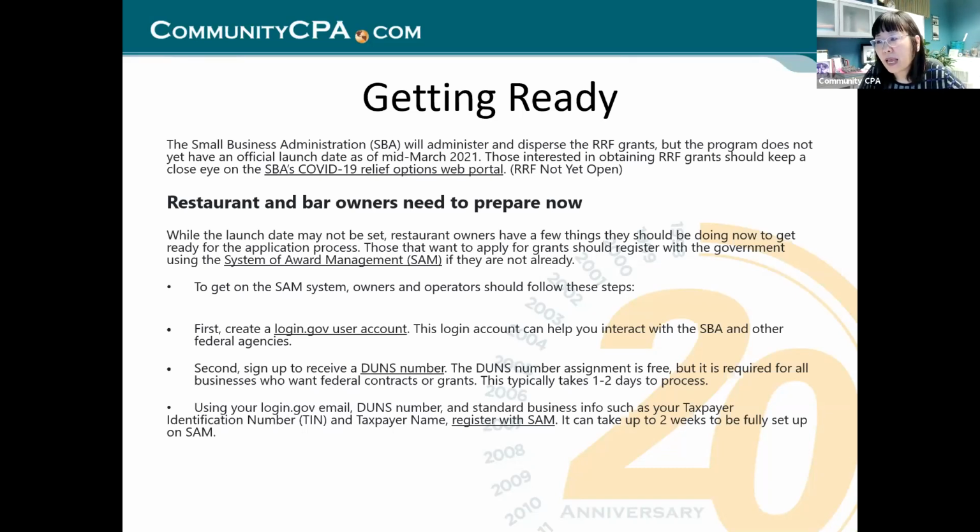The SBA will administer and disperse the grant, but the program does not yet have an official launch date as of mid March 2021. So the most recent talk is April 8th. On April 8th, the guideline and also the way to apply will come out. But I just want you to know that it's not yet open. And while you are waiting, folks,